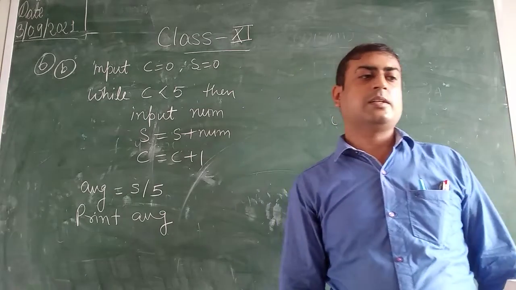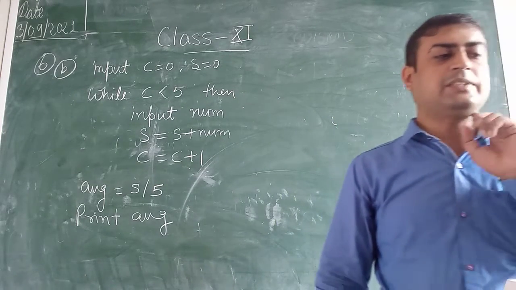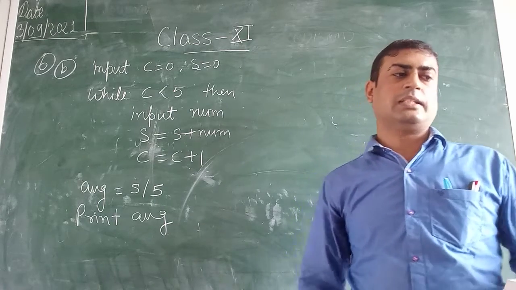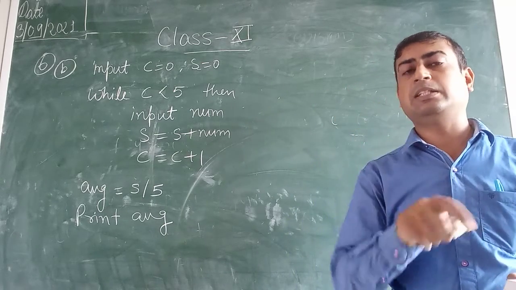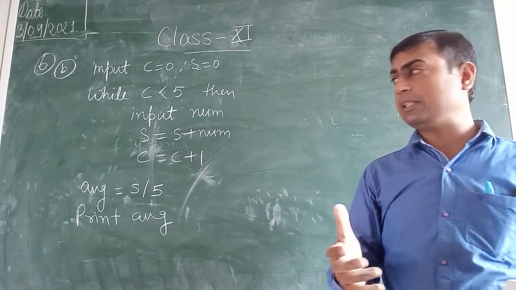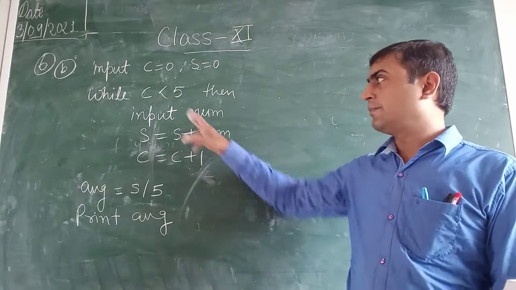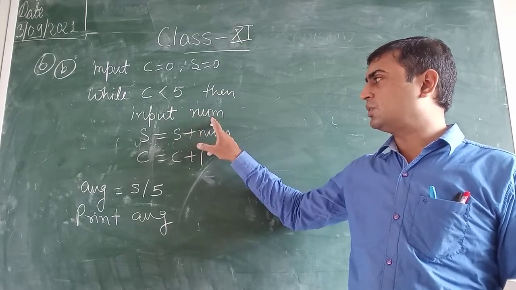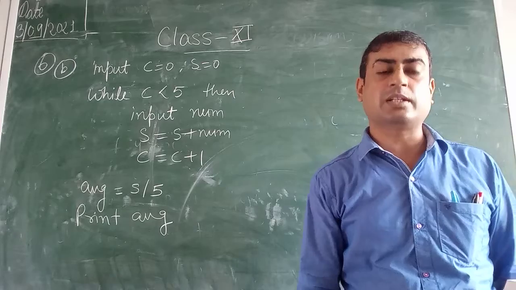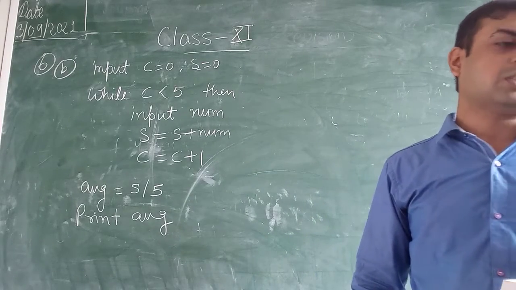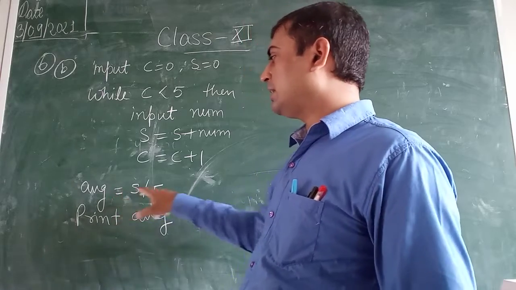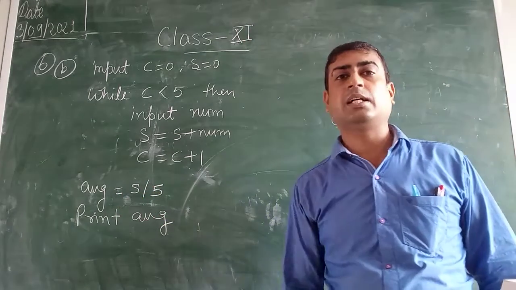You can see the flow chart. In this they have checked if c is less than 5 or not. So you can see one line is coming from downside, it means it is repeating. We can't use simple if. If it is repeating, then we have to use while loop. C less than 5, input, then sum, and we have to control this variable c equal to c plus 1. It is given also, c equal to c plus 1. After calculation, you have to find the average and then you have to print the average.